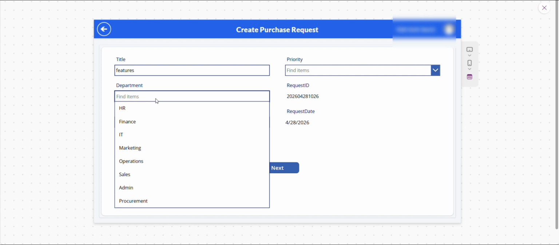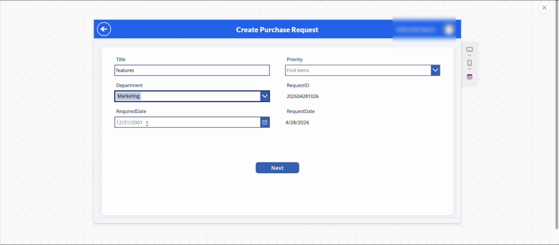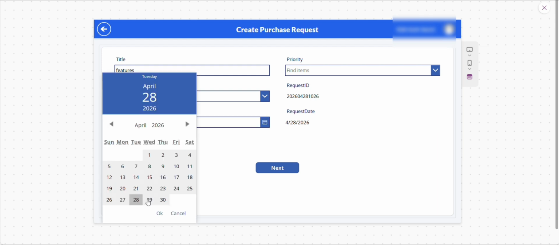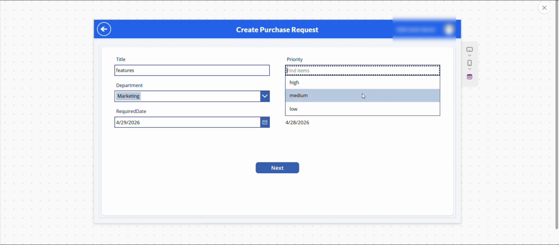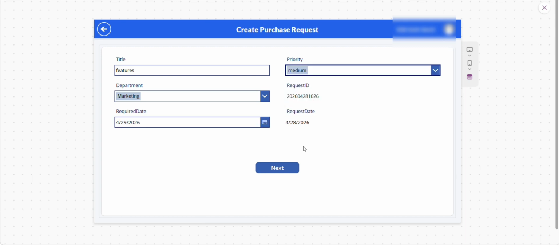Features and department, marketing, and required date. Priority based on our work or requirement. Then they have to choose next.